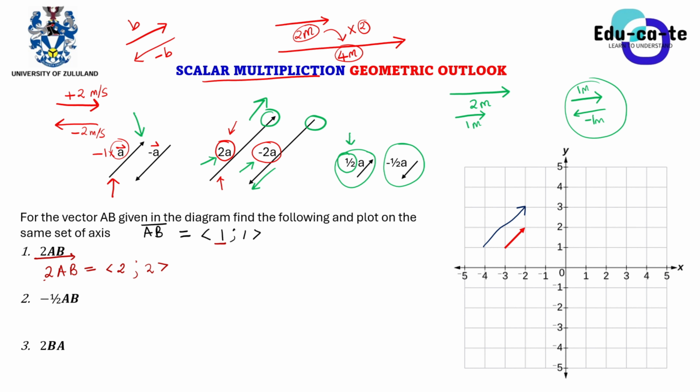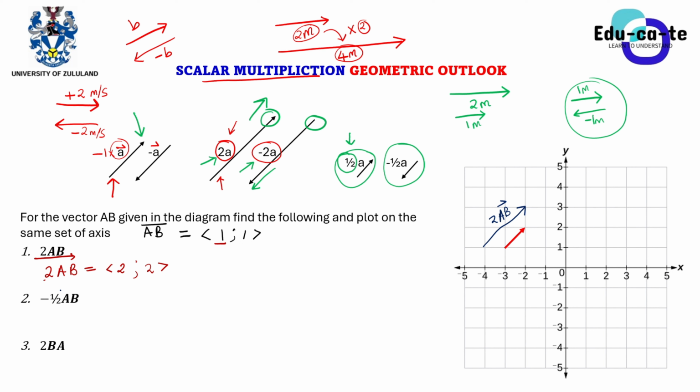So I'm not accurate because I'm just using a pen, but basically you can see that it has got double the length of this one. You can see that the components here is 2:2. So basically this is 2ab. So I've represented it geometrically. I've just increased the length by 2.